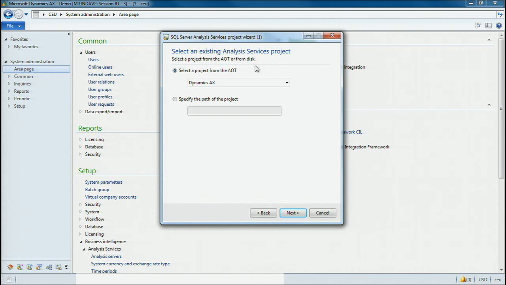In fact, the public sector SKU of the product has a cube project in its own layer. And you can also ship other solutions that you have developed in the AOT, and you can deploy any one of those projects. Of course, this is layer aware, so I'm in the user layer. It'll select the project in the layer that is immediately below me or above me, however you look at it. So once I select the project to deploy,